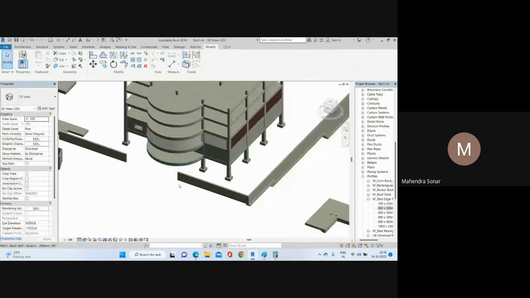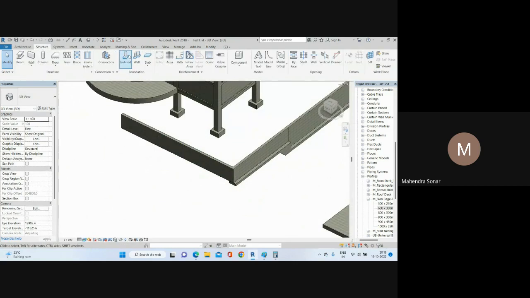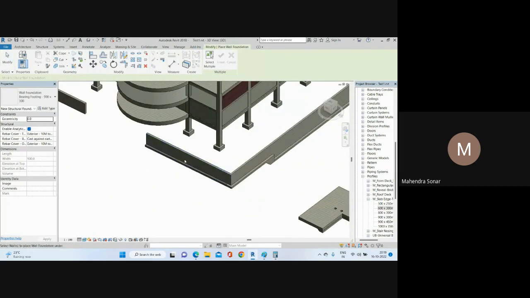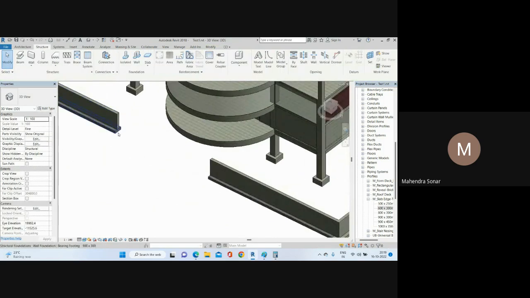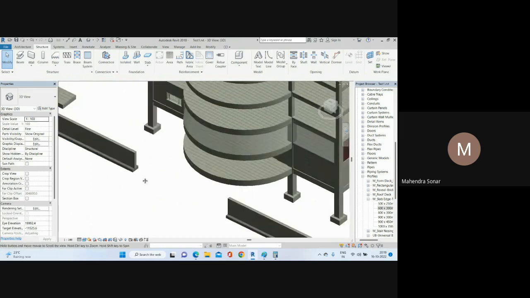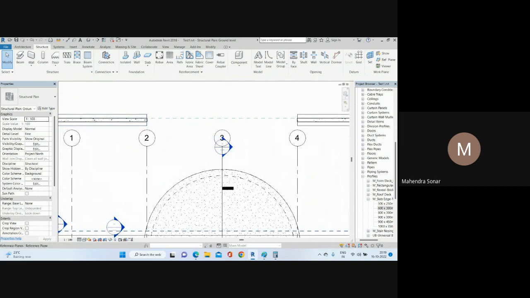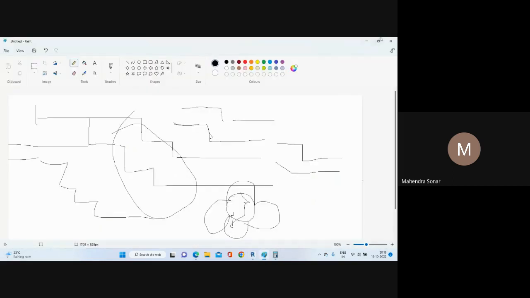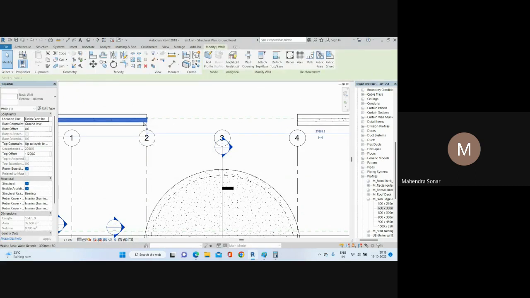Then I want to add the footing here. Structural, go to the wall footing and select. I want to add one column with footing here. So I want to add this type of column, this shape of column. This is the entrance, and this column goes from the ground floor to some distance above the wall. So what we need to do,